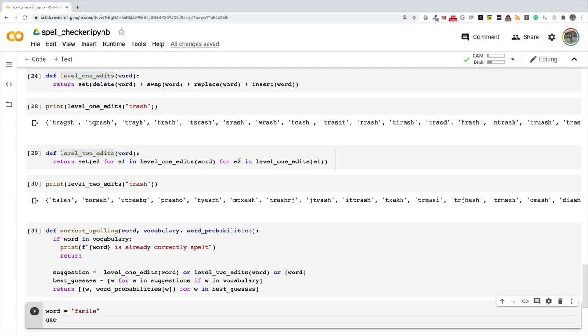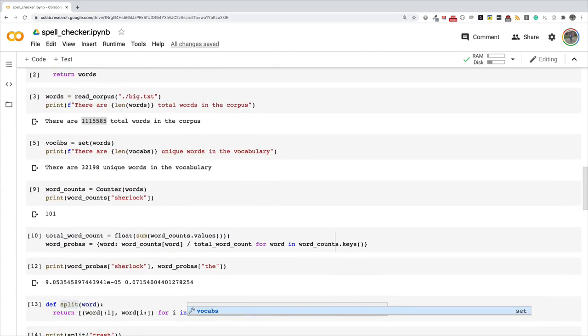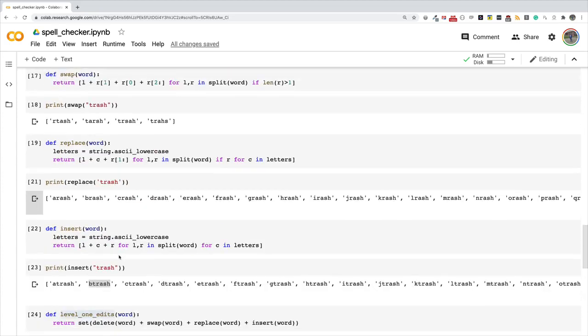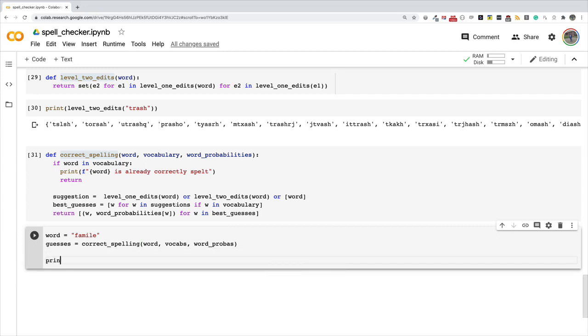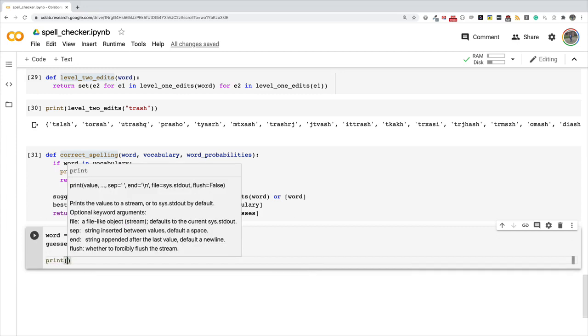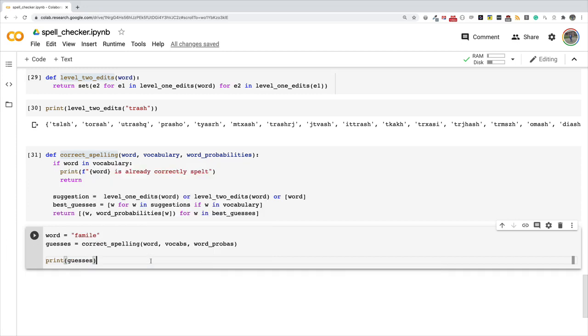the guesses. Guesses is equal to correct spelling. So we call the correct spelling function. We give it the misspelled word, and we also need a vocab, which is known as vocabs. Mind you, we did this up here, we have our vocabs here, and we also have our word probabilities here. So we're going to pass our word probabilities here as well. Okay, now let's print what we get for